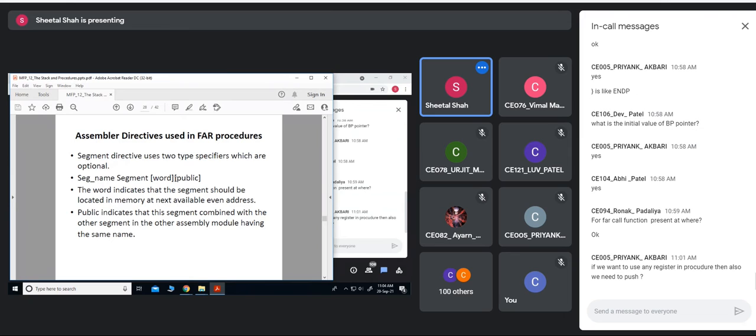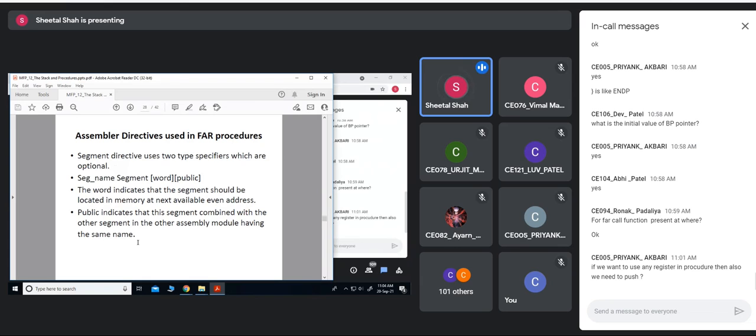PUBLIC is a type specifier which indicates that this particular segment can be used by another segment defined in another assembly module. That means you are having two different .asm programs.